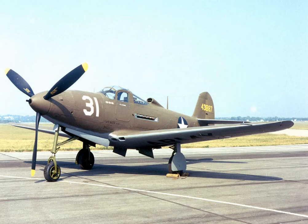XP-39 became not a fighter interceptor. After removing the turbocharger and making changes to the design, the designation of the prototype changed to XP-39B. Flight tests showed an apparent drop in performance at altitudes above 15,000 feet due to the removal of the turbocharger. In the fall of 1940, the delivery of a batch of 13 pre-production YP-39s began, the first of which was